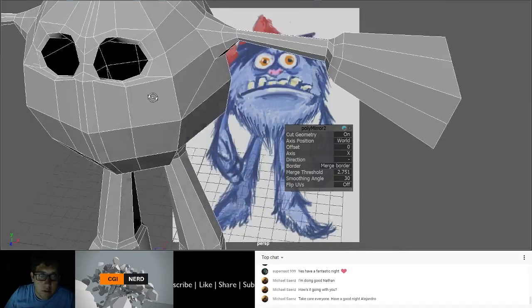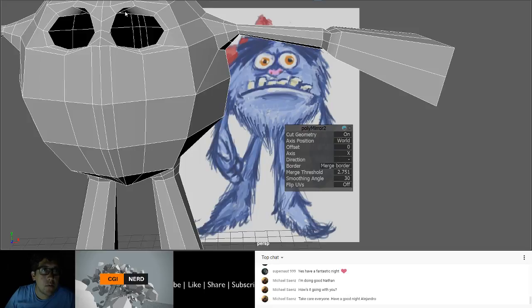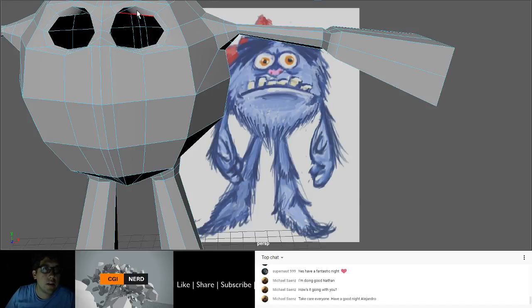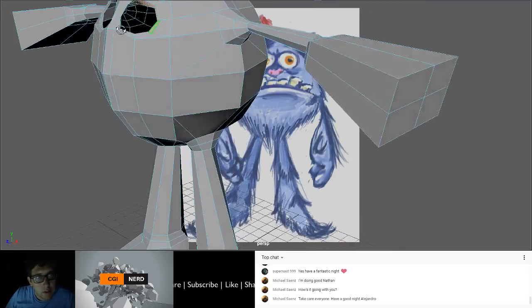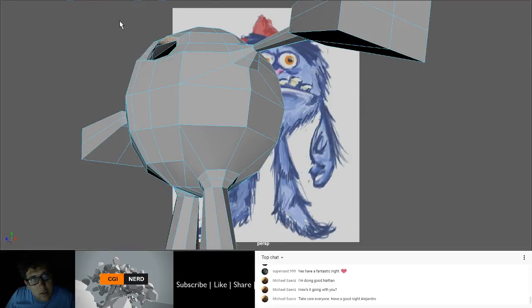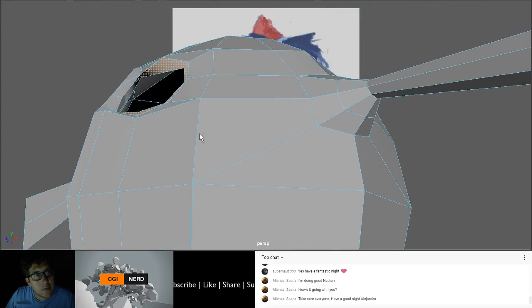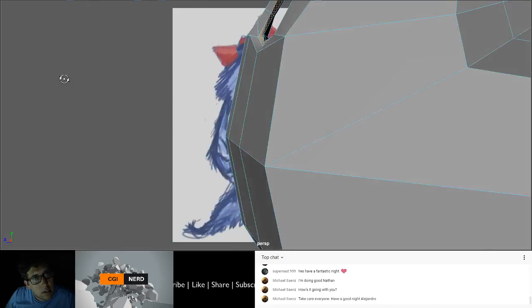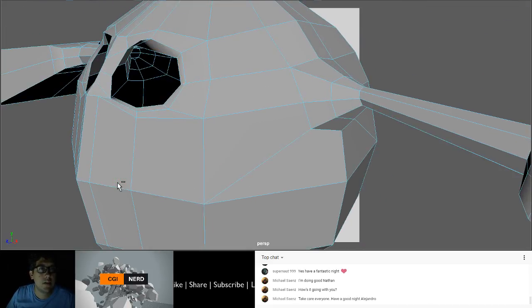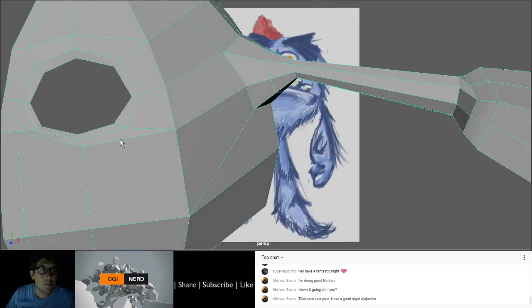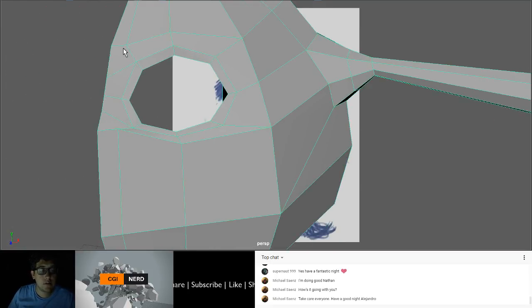And when I mirrored that over, it looks like we had some weirdness happening with the edge loop. Looks like maybe it merged something because it was really close to the edge. Or was it always like that? Let's undo the merge really quick and make sure. Nope, it wasn't like that, so